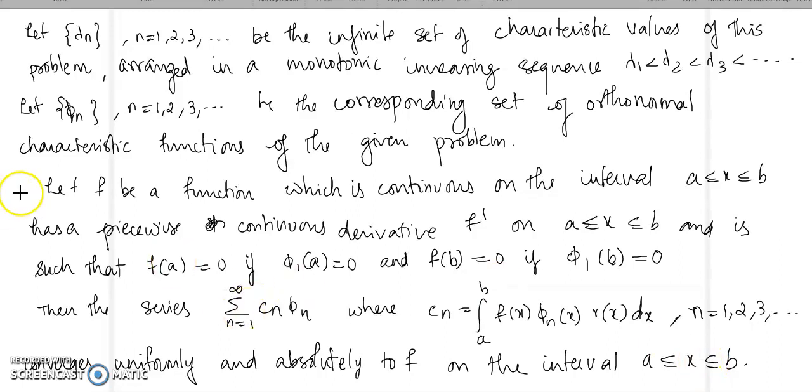So this part of the theorem says what must be the peculiarity of f, how we must choose f, and if f is so, then you can find a series of the form summation n equal to 1 to infinity